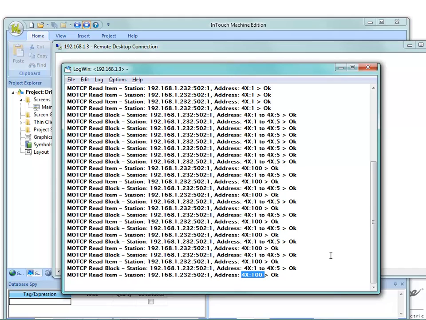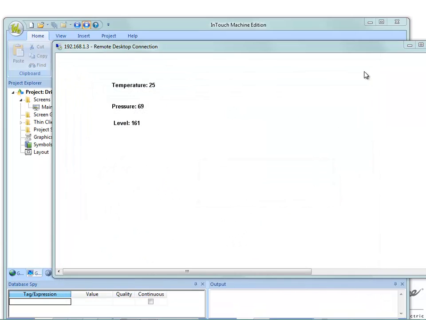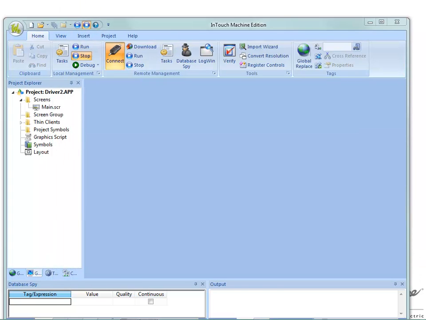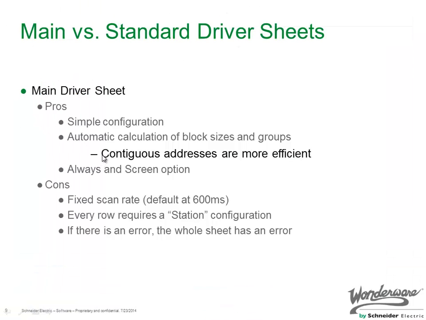So pay attention to how you have your addresses, the contiguous addresses, rather than having them all over the place at, let's say, 40,001, 100, 1,000, 10,000. It would be best to group them all within a close proximity or within the same block size, and that will depend on the protocol as well. So that's something to pay attention to, and that was a long process to show you contiguous addresses are more